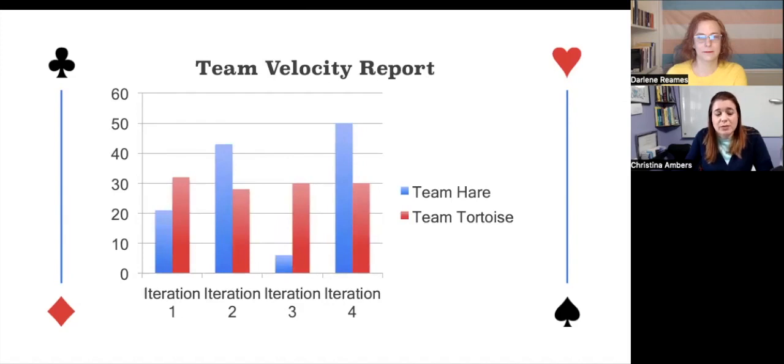Once the team has established their velocity, they will feel confident committing to work each sprint based on their past performance together. To further empower the teams, your managers need to understand that Team Hare and Team Tortoise will always report different velocities. And that is okay. As long as both are consistent from sprint to sprint, forecasting will be easy for the manager. If the manager is struggling, definitely send them to our classes.